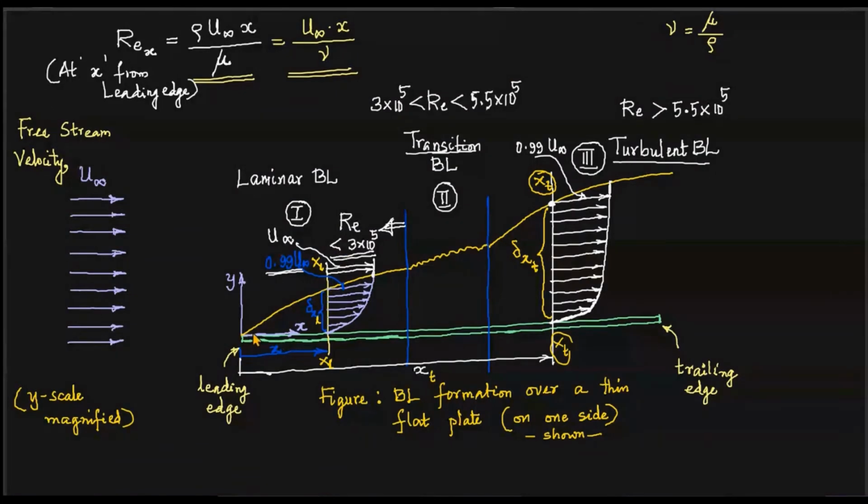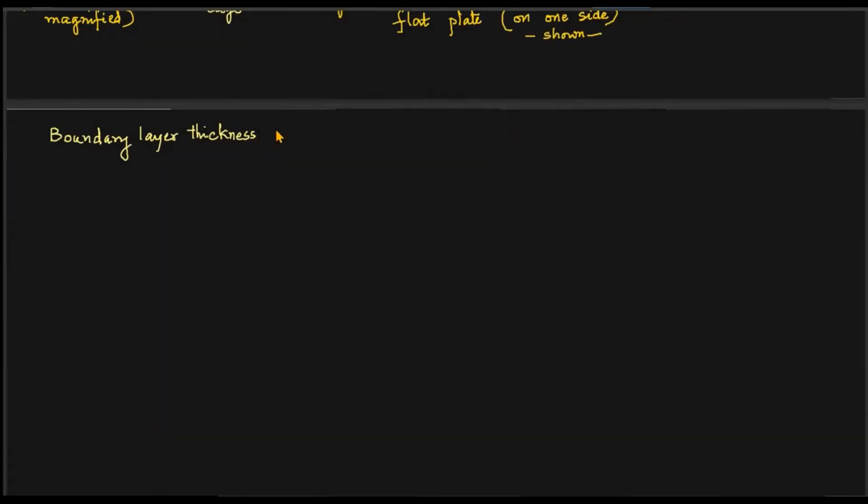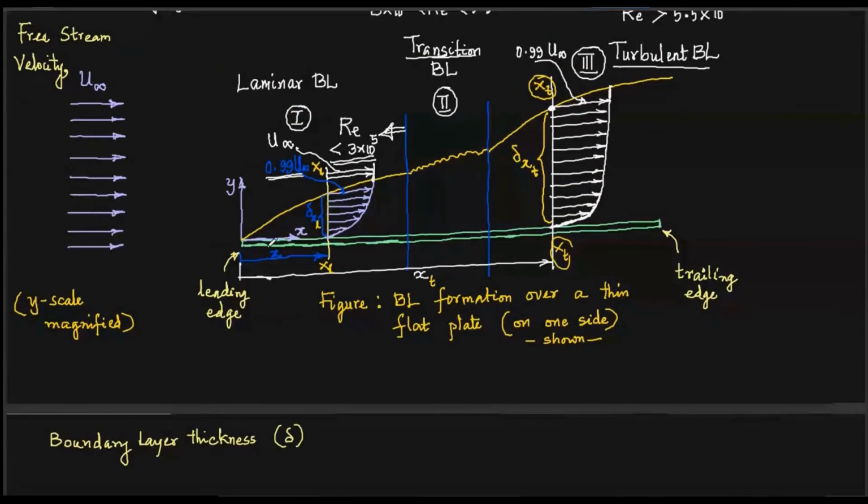Every point on the boundary layer will be having the velocity equal to what? 0.99 times u infinity. That is 99% of free stream velocity, not full extent, because of this asymptotic variation. Hereafter, we represent it by, say, delta. Okay, this delta, boundary layer thickness generally. So boundary layer thickness means, as you can see, the distance measured normal to the solid boundary.